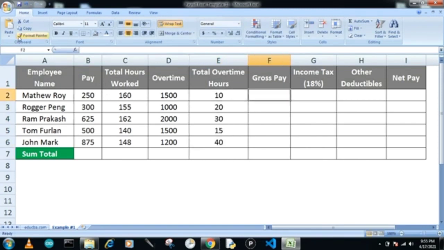Now with the help of this 160 hours and overtime 1500 per hour, we have to just calculate the gross pay. And how can we calculate the gross pay? We have to just sum up the two